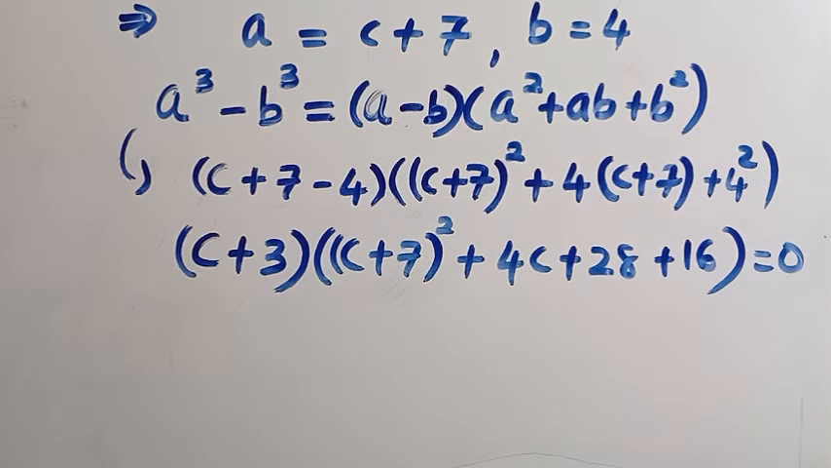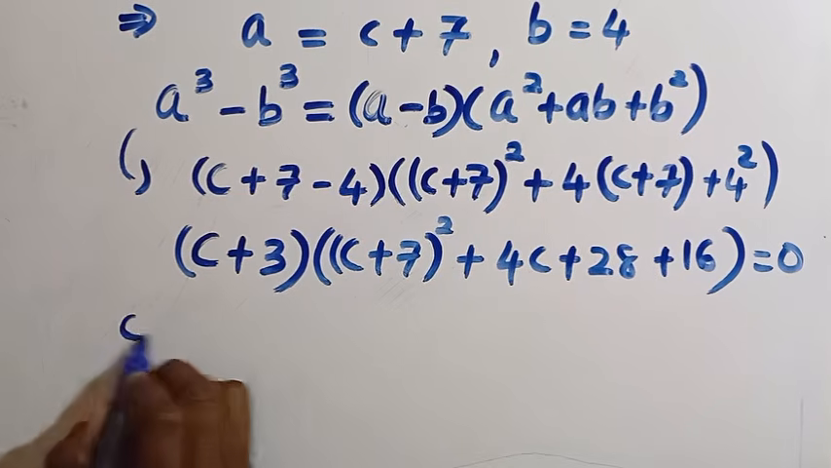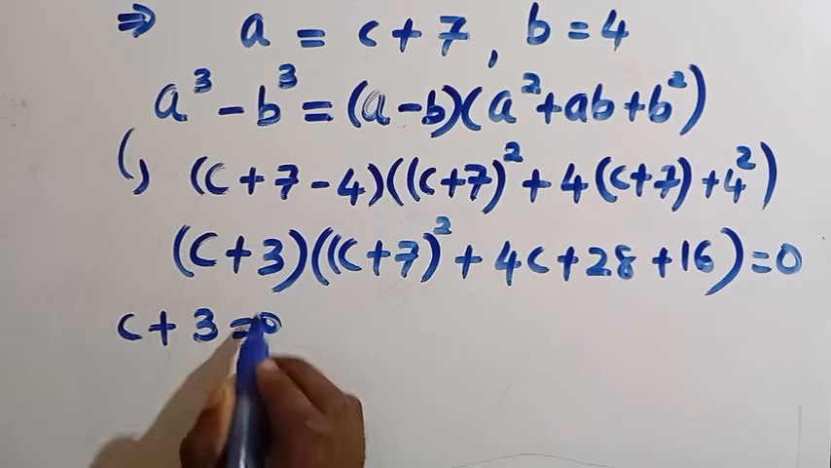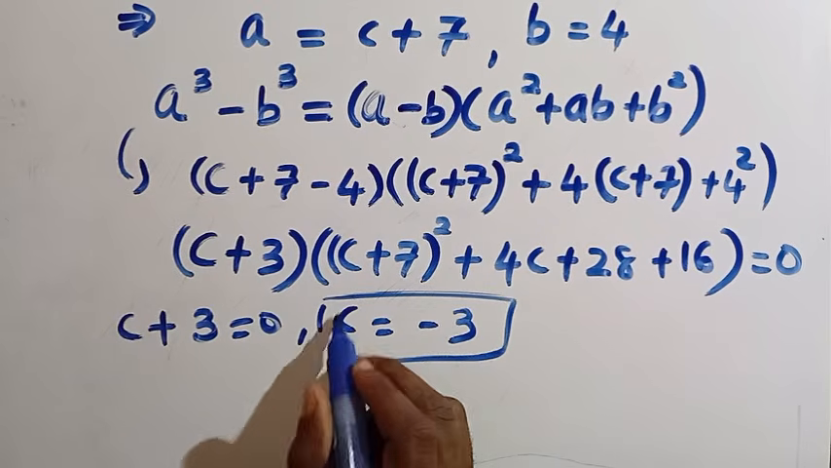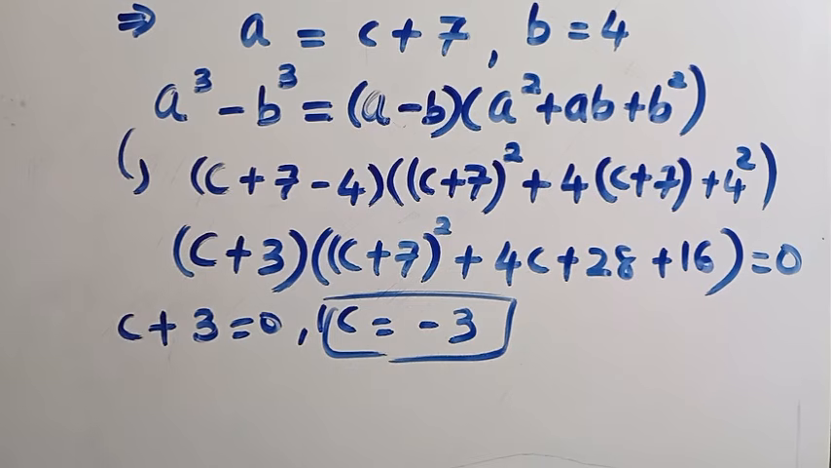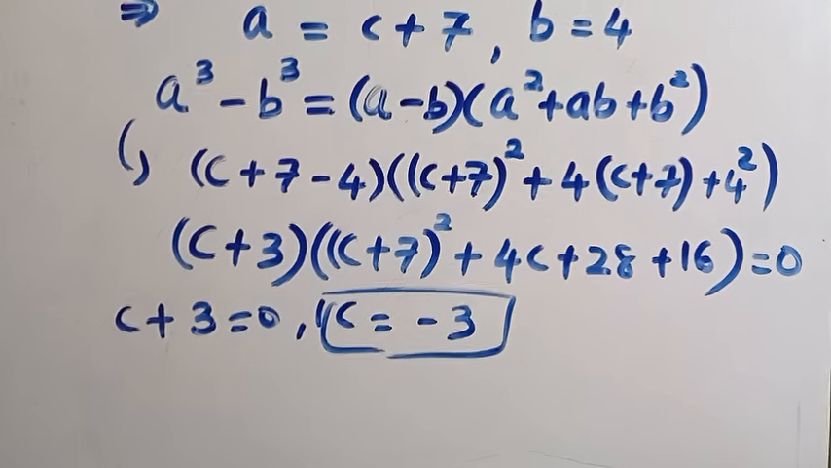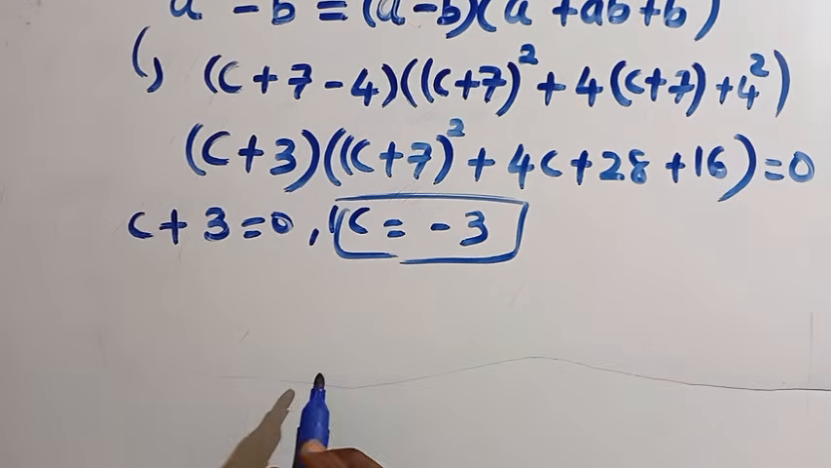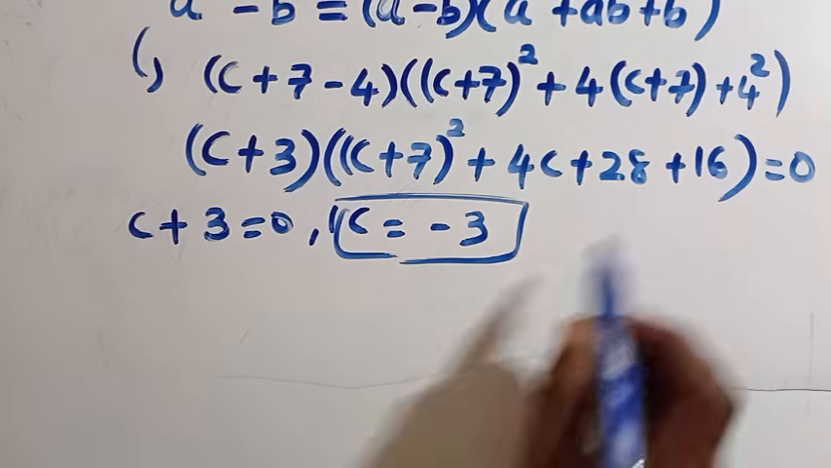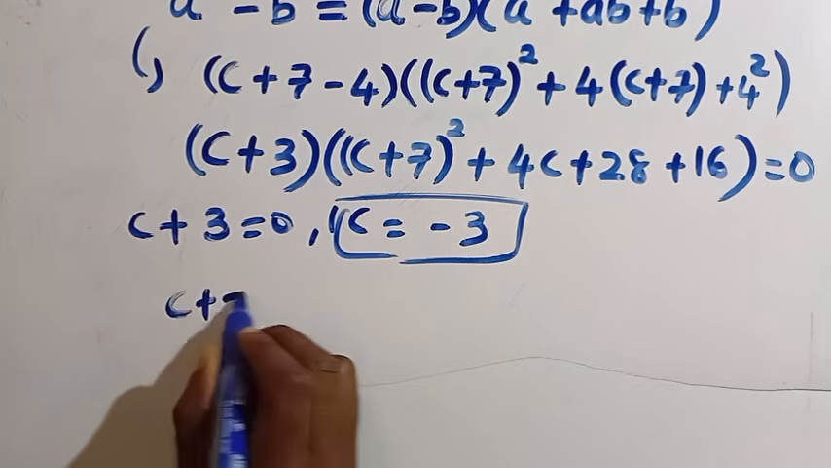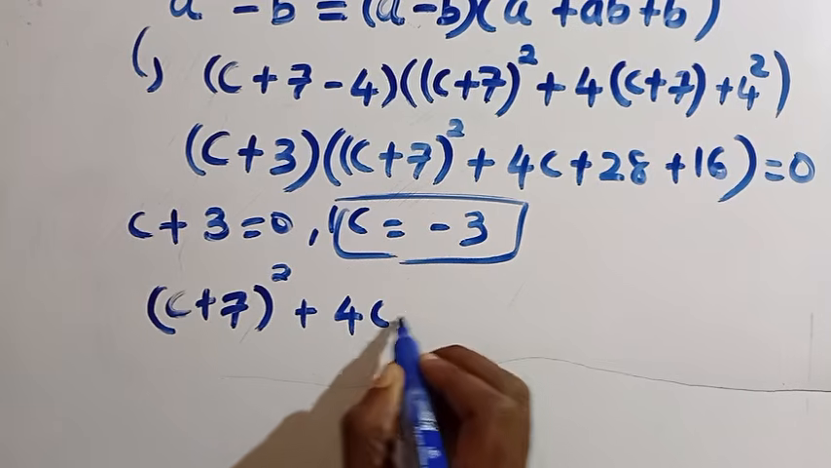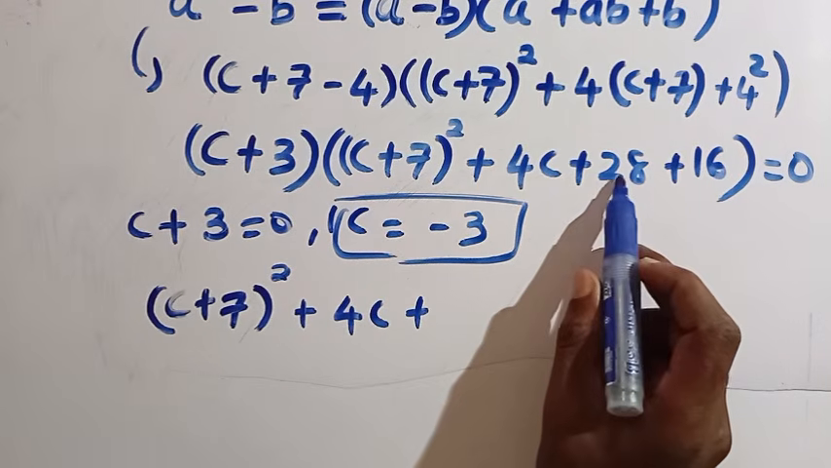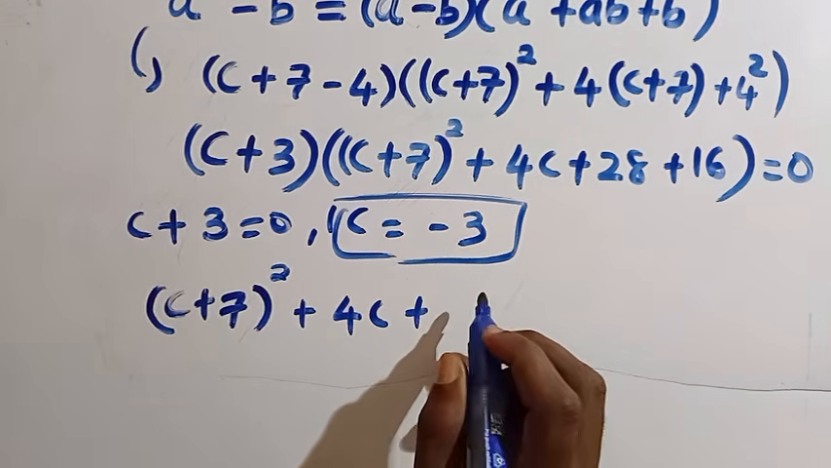And in the next step, if I let this c plus 3 equal to 0, we're going to have c equals minus 3. This is one of the solutions we got when we solved it in the first method. And again, we can still get another solution considering all these second parts. That is (c plus 7) raised to power 2 plus 4c plus, here we have 28 plus 16, and that gives us